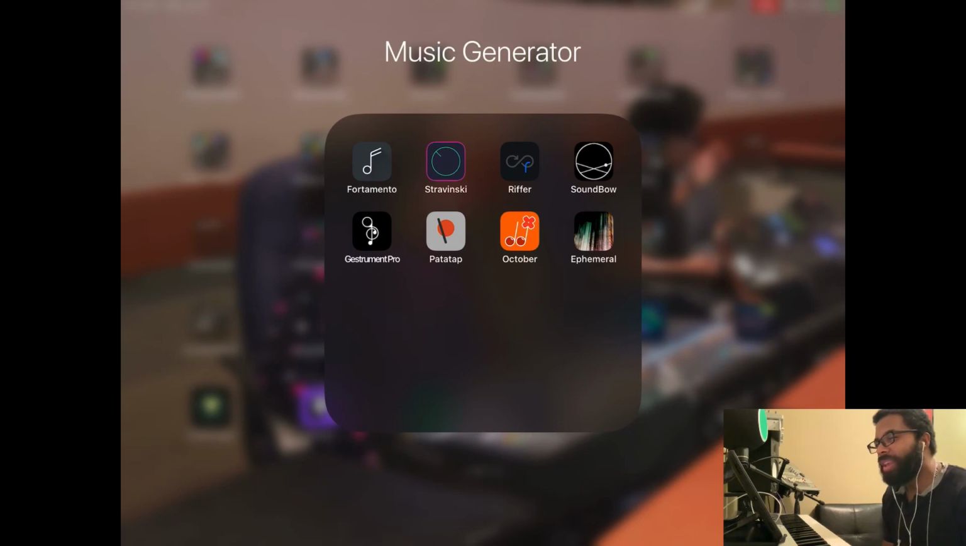Soundbow, definitely, I don't think I've used that in any productions. I might have opened it once or twice. Same with Gestrument Pro. I think it's a really powerful orchestral app. I just haven't used it. Patatap is actually a website you can go to online, and you can create music and it has different colors and shapes, and it's really interactive. October, I actually have no idea what it is. I won that app also, and I couldn't tell you what it is. Ephemeral,